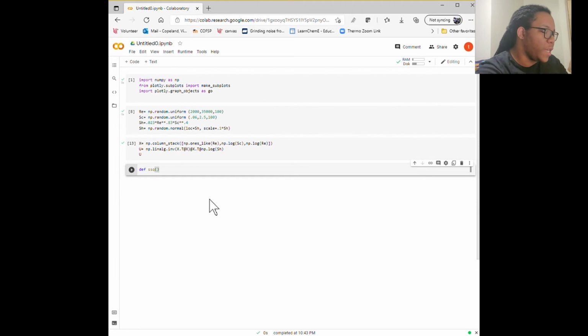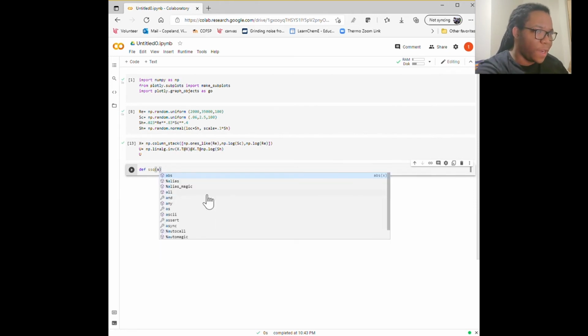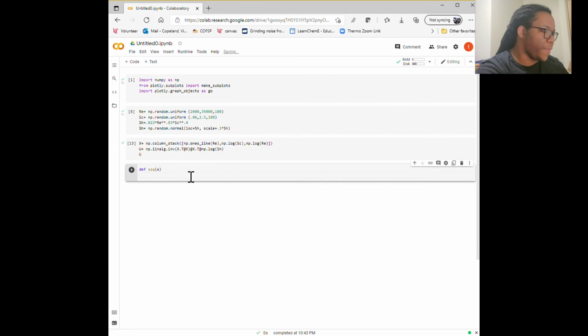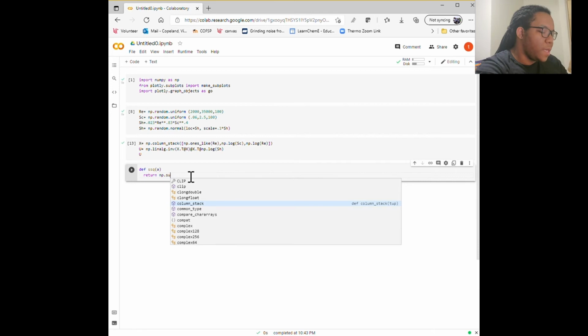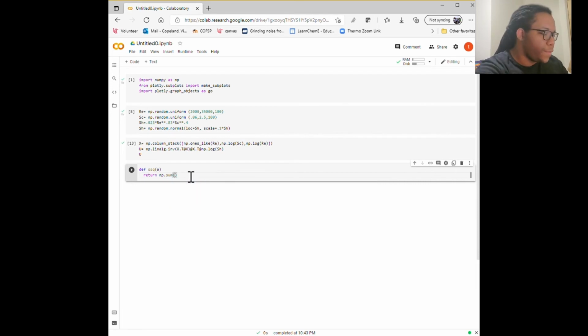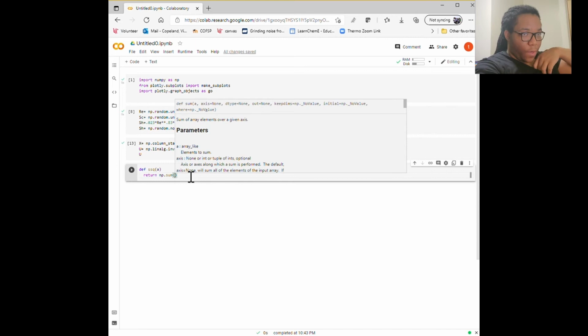SSQ is going to be a sum of squares in terms of A, then we're going to type return, and SSQ is going to be equal to np.sum, and from there we're going to type in